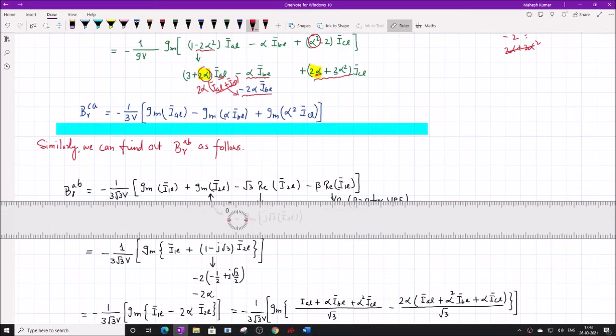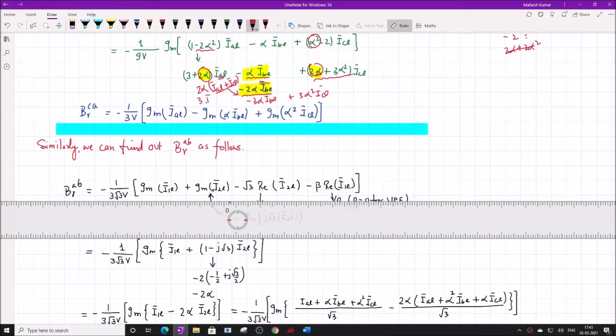So this term and this term contribute to minus 2 alpha IBL. So minus 2 alpha IBL and minus alpha IBL becomes minus 3 alpha IBL. Okay, so 3 is common here. So this becomes minus 3 alpha IBL, and this becomes plus 3 alpha square ICL, and this becomes simply 3